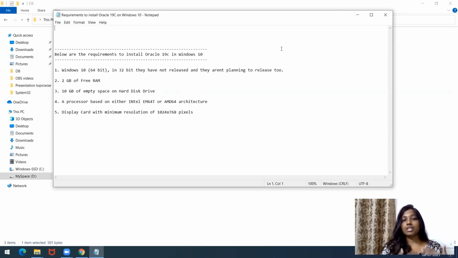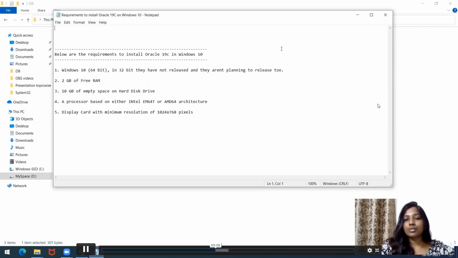So the first step, we have seen the download of Oracle database from the Oracle site. While downloading, it will ask you to create a username and password. You can create an Oracle username and password once you click on the download button. If you don't have an account, you can create a new account and download. Once you download, you copy and paste it in the C drive under the app folder and rename the folder. The next step is to know the requirements and then start the installation.